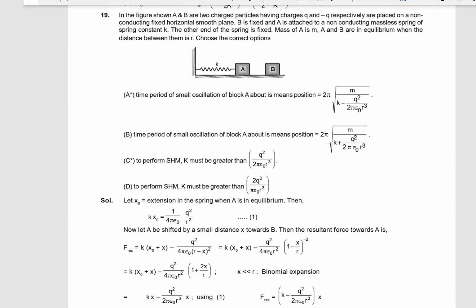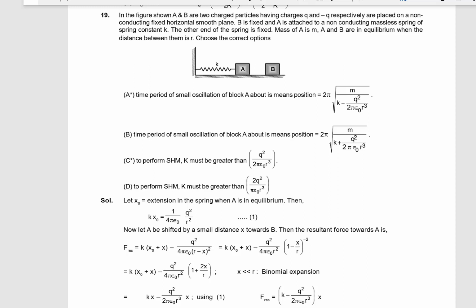Okay, here we have two blocks A and B. A is connected to a spring, and the second block B is fixed. Now block A can move. Forces acting on it will be spring force and electrostatic force